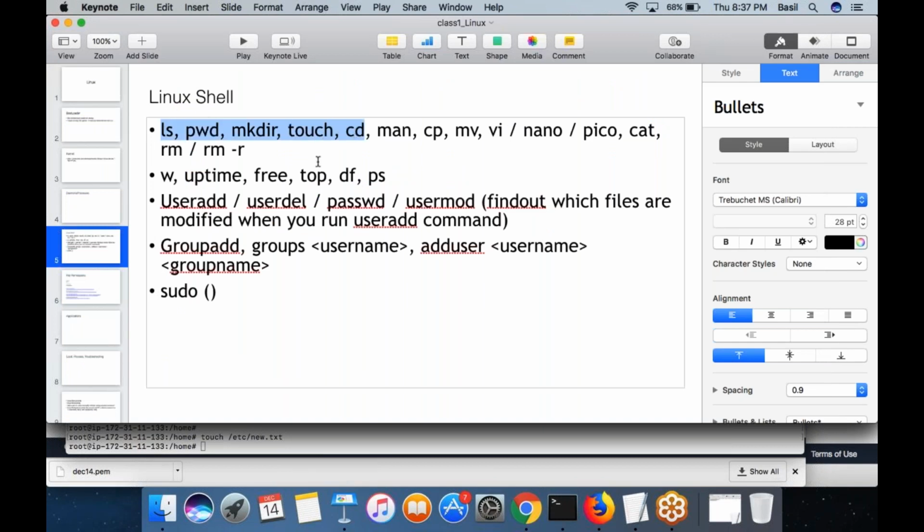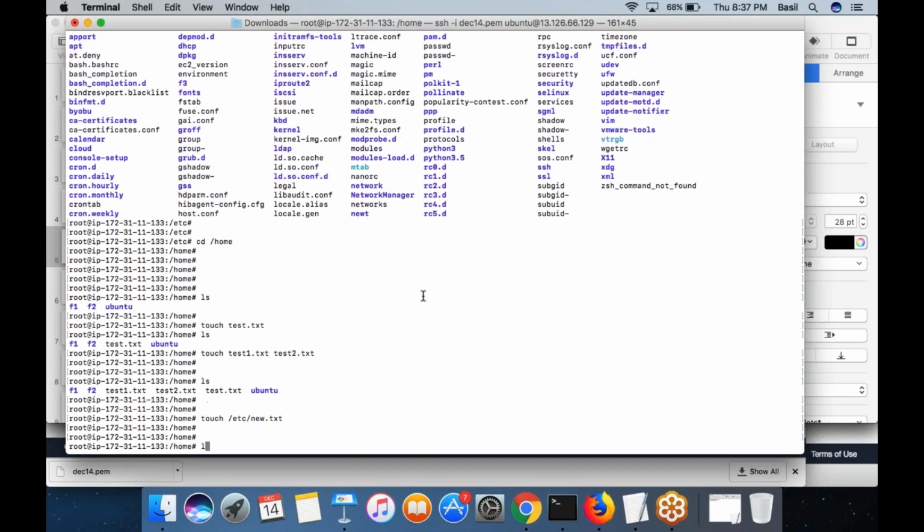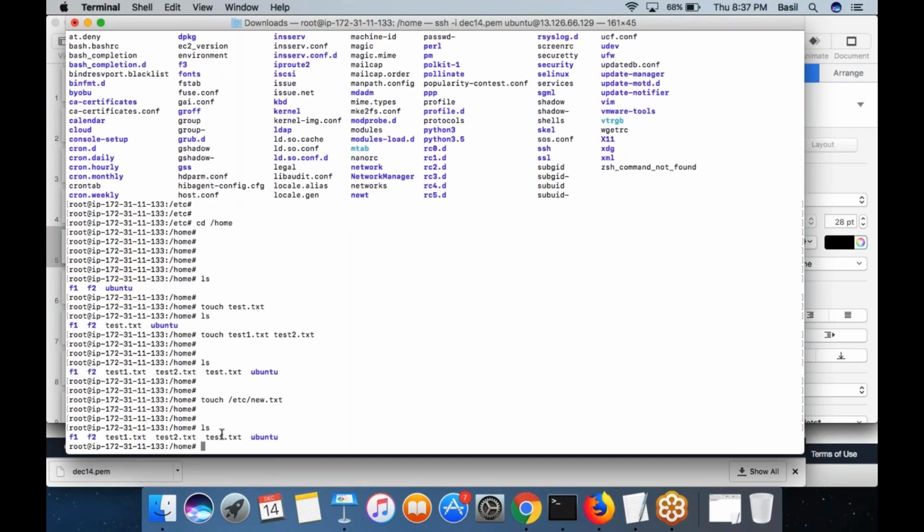Right, so we have seen this command. So we created a file. We actually created multiple files, test.txt, test1.txt, test2.txt. We created 3 files inside /home. Now you want to edit these files. Using an editor like Notepad, you want to add some content in this file. By default, they are empty files. They will not have any content. Now what I'm going to do is use some editor, to open this file in some text editor.